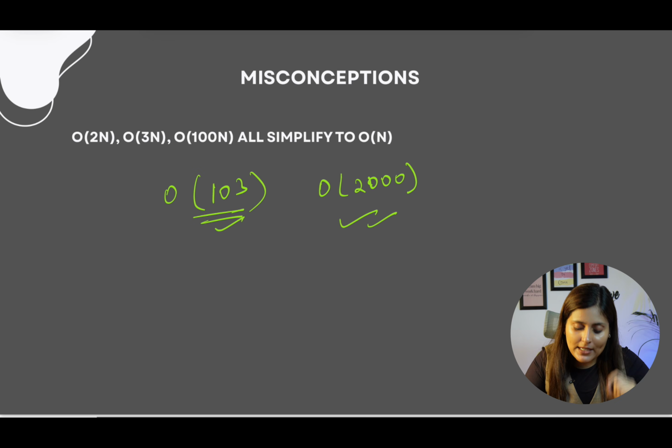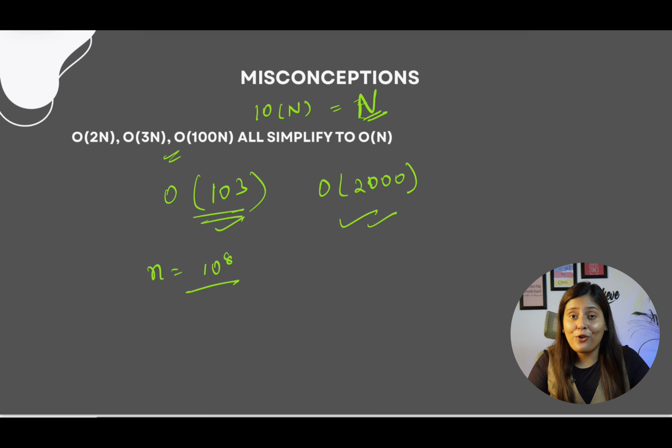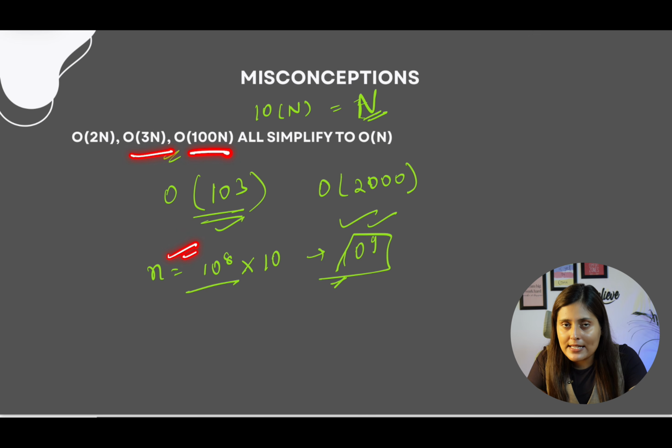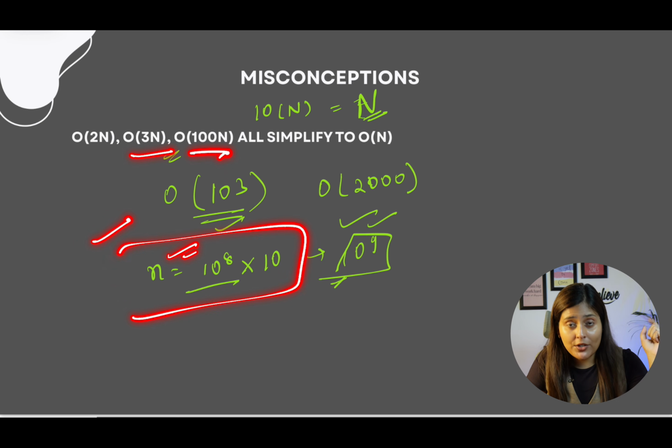Remember, why? Because what if the constraint is 10 power 8, okay? Now, as per this rule, 10n is a linear approach and n only, then for sure when you multiply this 10 power 8 with 10, it will become 10 power 9 and this will give you TLE, right? So I meant to say when your constraint is small, even 2n, 3n you can consider as linear and that will be an optimized approach. But when your constraint is very big, it might not be safe.